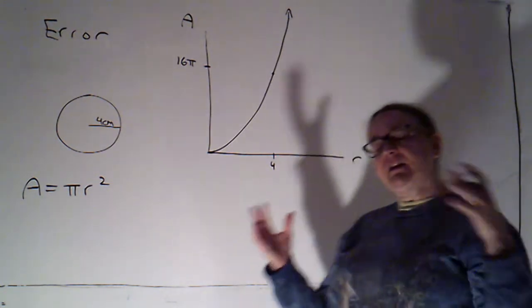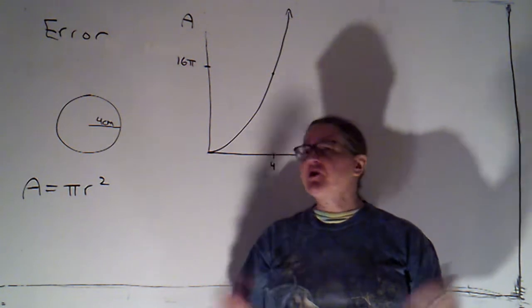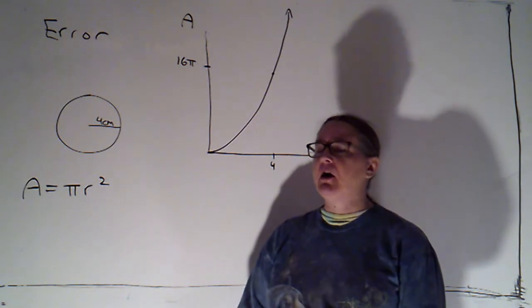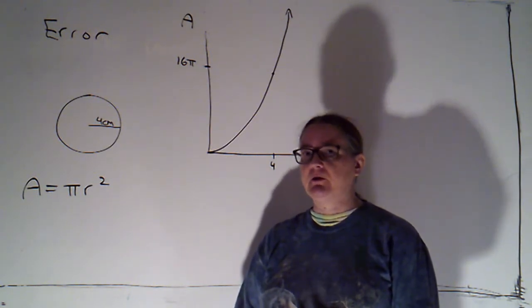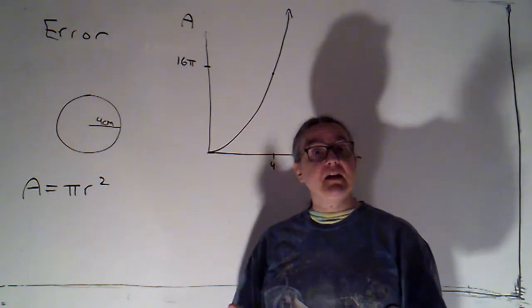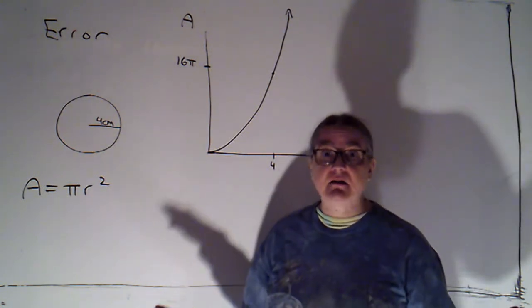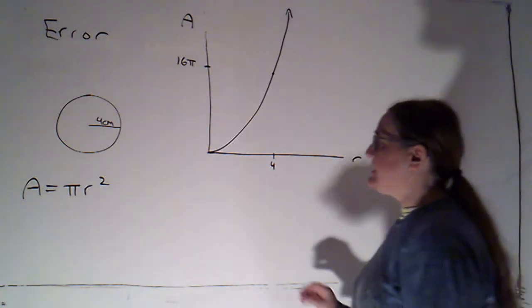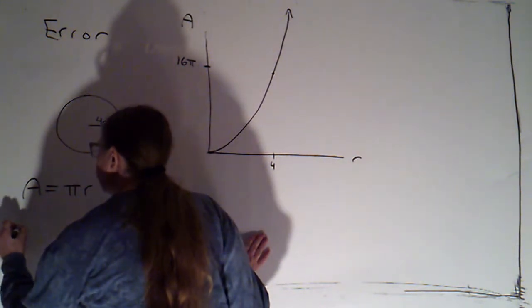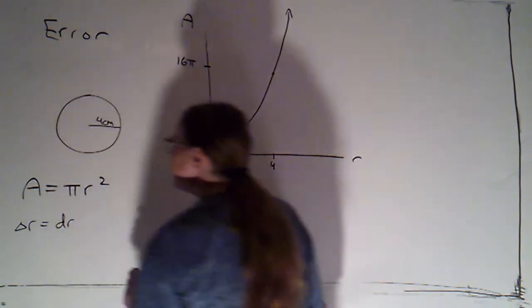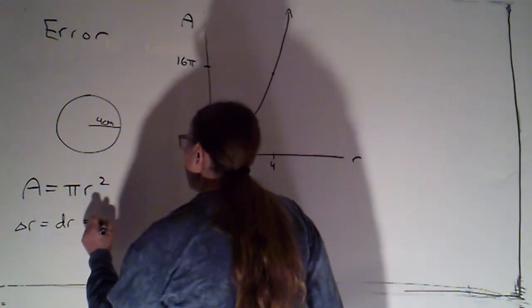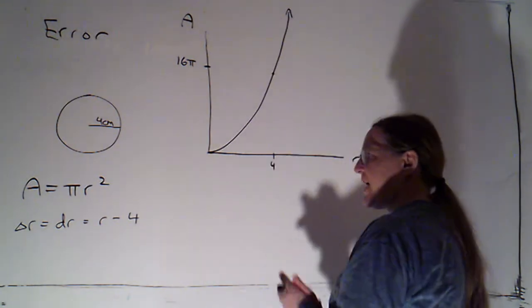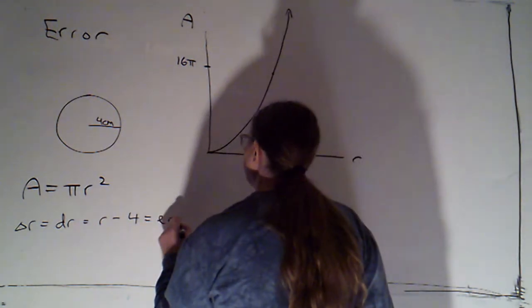But anytime you're measuring something, you're going to make an error. It's just going to happen. That could be your fault, and in the case of Harold and Maude, human incompetence is highly probable. But it could also have something to do with the instruments you're using to measure things. They're not going to be perfect. So what we can do is interpret delta r, which I'm going to set equal to dr, as being r minus 4, the signed distance that we are away from 4. That's going to be the error